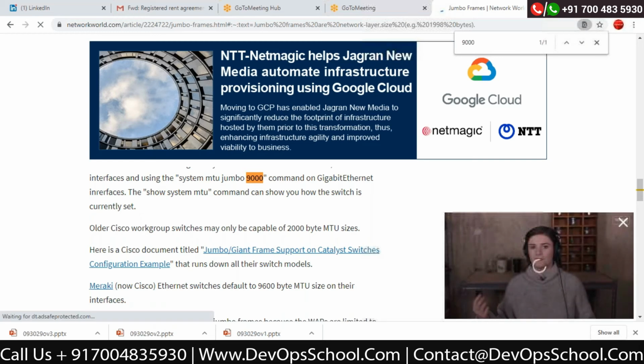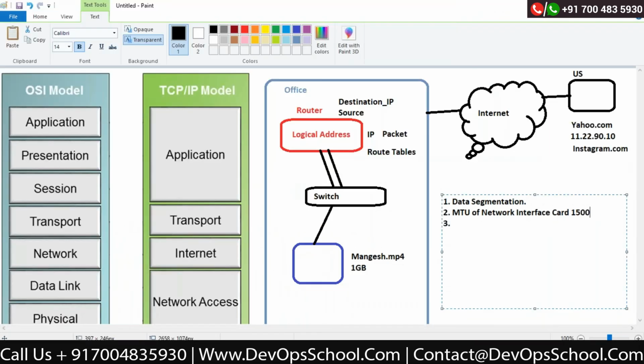I will tell you what MTU is first. The segmentation is done based on the MTU size. By default, the MTU size is 1500 bytes. Correct. Now, what is MTU? MTU means the maximum transmission unit of your interface card.